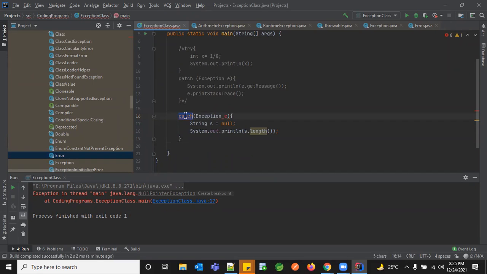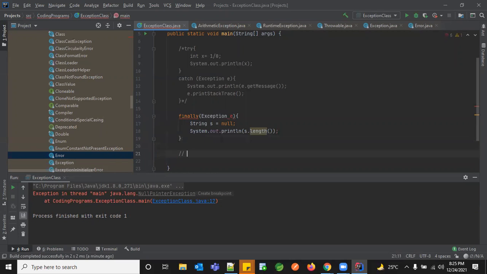So let's say I have finally. So let's have finally alone here. So what happened? Even now it says finally without try. So whenever you use them independently, either try or catch or finally, you'll always get a compile time error.